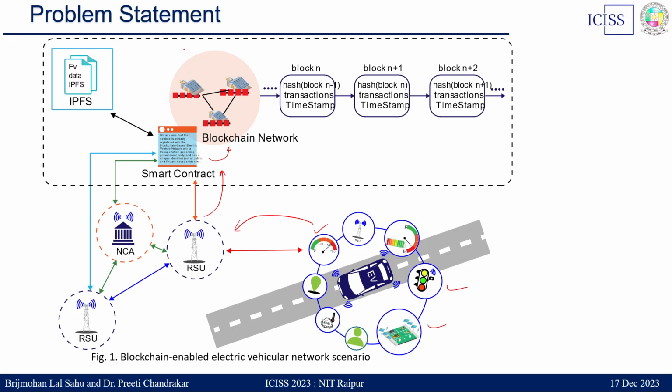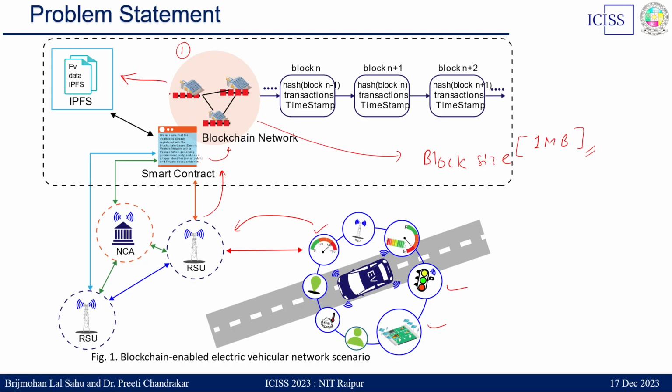The first problem is faced by the blockchain. As time grows, the amount of data also grows, and blockchain can store only a limited amount of data because of the block size. The block size is very small, like 1 MB, which is very small compared to the amount of data generated by electric vehicles. To overcome this problem, we started using IPFS as